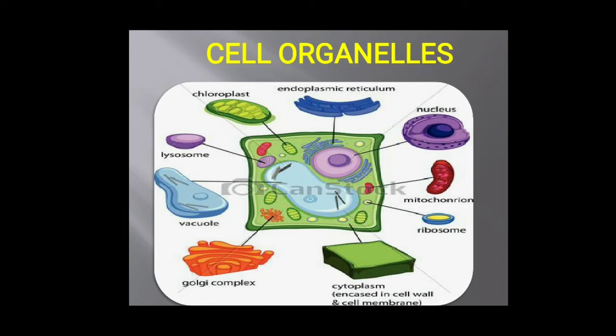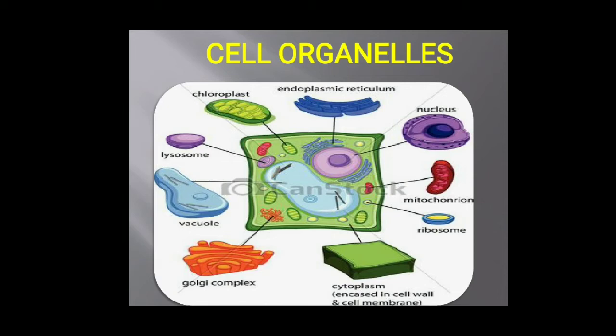And coming to the cell organelles, we have discussed different cell organelles, majorly cell membrane and cell wall. Cell membrane is present in the animal cells and in plant cells. An extra layer called cell wall is present in the plant cells. The cell wall is made up of majorly cellulose and the cell membrane is made up of proteins and lipids. The major function of the cell membrane is to allow only certain molecules to move inside the cell. Such a property is called selectively permeable membrane.